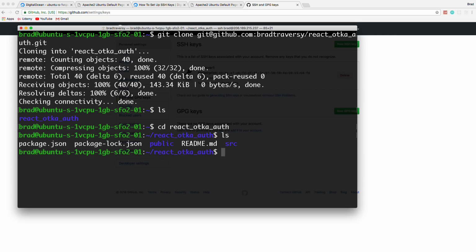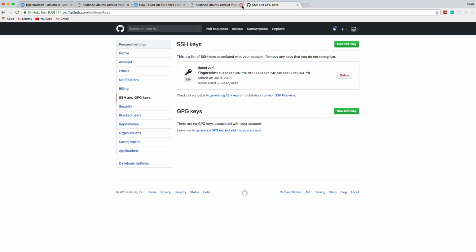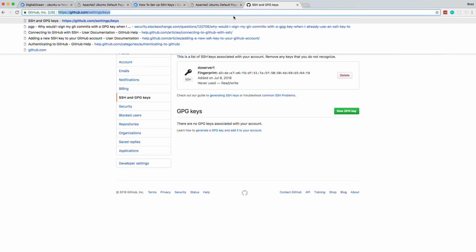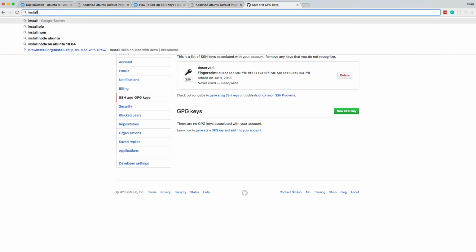and if we do an ls, you'll see this is actually a React application, so we do need Node.js installed so that we can run npm install. It needs to look at the package.json and install the dependencies. So we don't have npm, we don't have Node installed. So to do that, let's go to, we don't need this page anymore, so let's just search for install node Ubuntu,